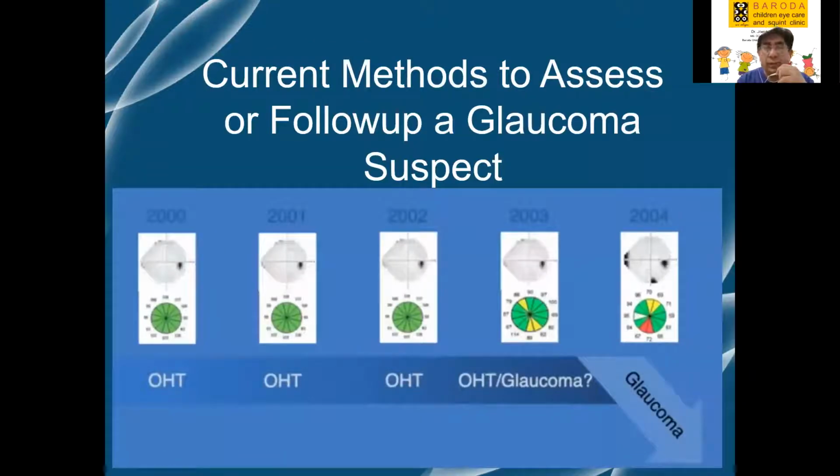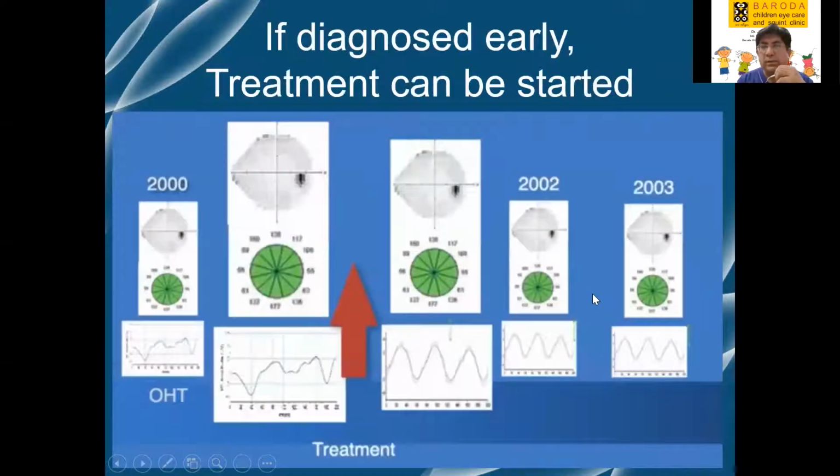So at this point of time, not being a glaucoma person, but this I have taken from another presentation, the two current methods, the practices, are visual fields and OCT. And this is just to show that once the OCT and visual fields start showing some glaucomatous change, we diagnose them as a glaucoma patient. And if we can intervene early, at the point at which the visual field and OCT are not showing changes but these sinusoidal waves of ERG are showing changes, the question is whether it can go back to normal or not.